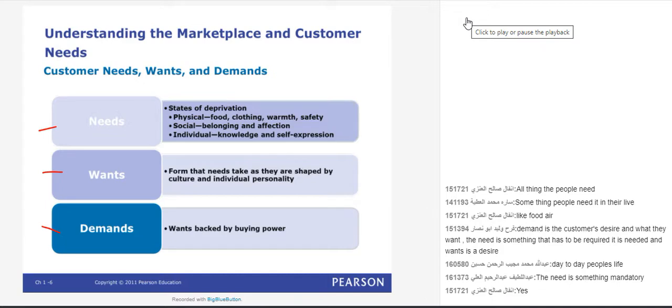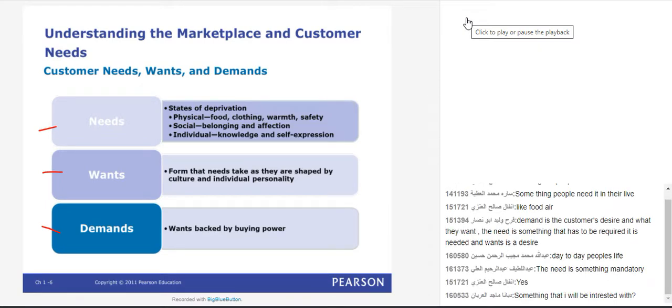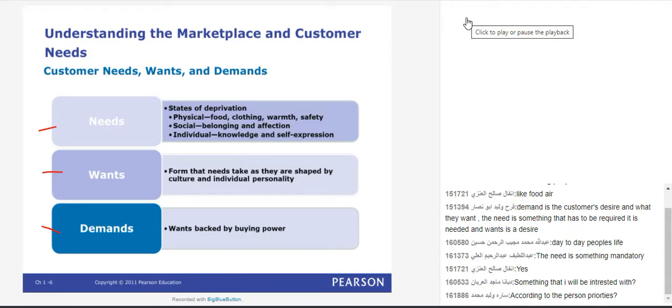Simply, in simple words, if I am hungry and you are hungry, but I need a pizza and you need a burger sandwich. So we are both hungry, we have the same need, but we have different wants. Wants are the things that will satisfy the needs. And these things and these products are different from one person to another. That doesn't mean that wants are not necessary, no. But the need is a state of deprivation, and the want is a thing that will satisfy such needs